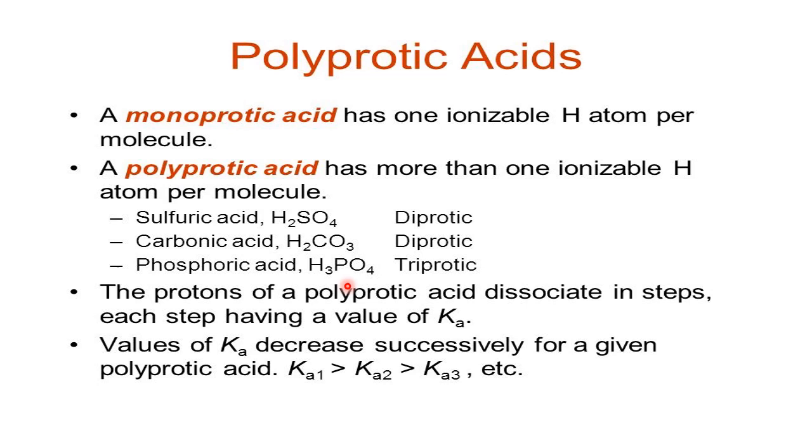So its K value becomes less. The more the K value, the better is the acid. So the K value is more for the first proton. The K value for the second proton is less. For the third, still less. That means if it gives the first, second, third proton stepwise, and if you calculate the K value correspondingly, it is found that Ka1 for this acid is more than Ka2, Ka3. Because of what? Because of the chemical atmosphere created after giving the first proton.